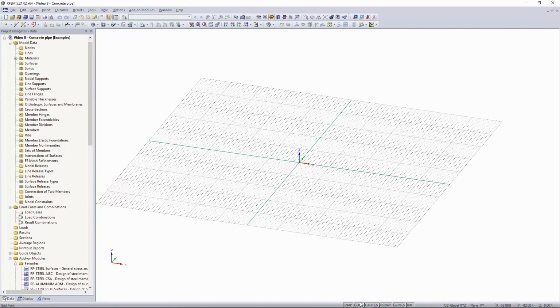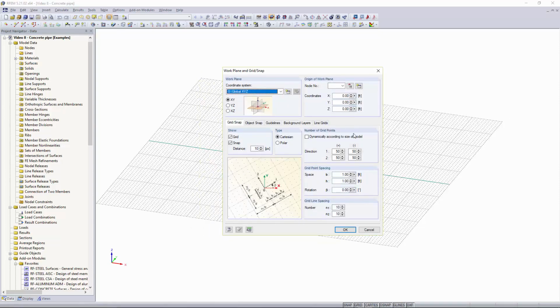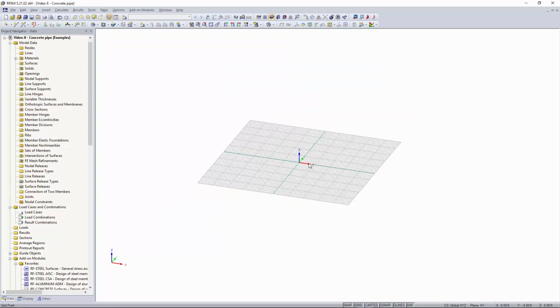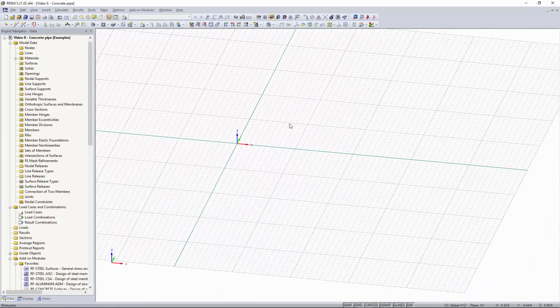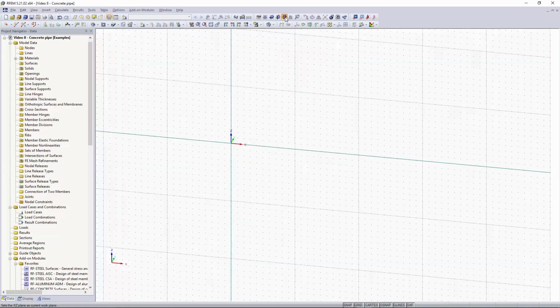The first thing I want to do for this model is edit the grid spacing. So I'm going to go down here, right click on grid, hit the edit button, and then you'll see this window pop up where you can edit your grid spacing and also the amount of grid points in each direction. I'm going to change my grid spacing to 1/2 foot, so now you can see that it's changed within the graphical window. I want to go up here and change my work plane. We're gonna set it to the XZ plane,